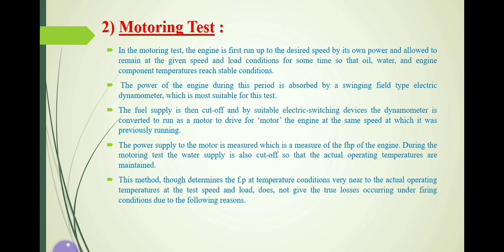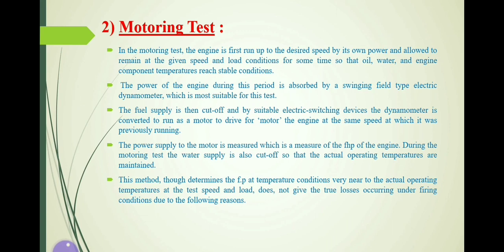But here, the power that we have to supply comes from the dynamometer. We are making this dynamometer work as a motor, which means reverse energy is transferred. This dynamometer will work as a motor, and that motor will keep the engine running. Though no power is produced inside the engine, our engine will run at the same speed, that is 1000 rpm, with power supplied from the motor. That's why it is called a motoring test. Whatever power is supplied from the motor, we can measure easily, because that is nothing but our input power.